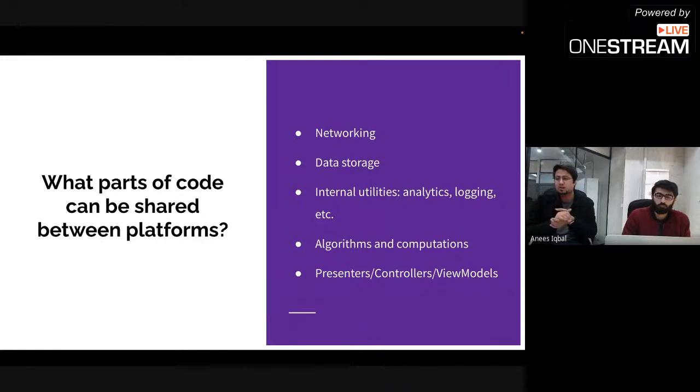We can then have any internal utilities that we use, for example, analytics and logging for the application, that can also be made common. So anything outside the UI can be made common in Kotlin multi-platform mobile. And this is one of the key benefits, that we keep all of the logic, all of the